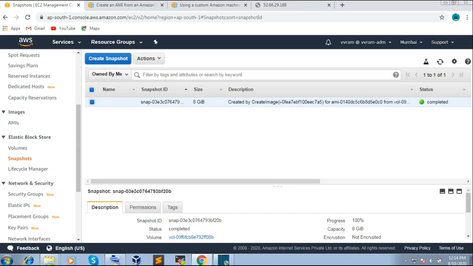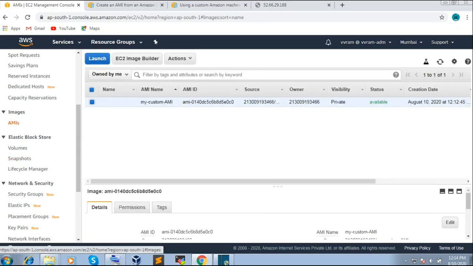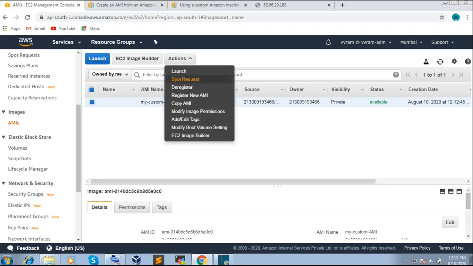Let us go and deregister. To deregister, select our AMI, go to AMIs and select your AMI, and go to Actions.